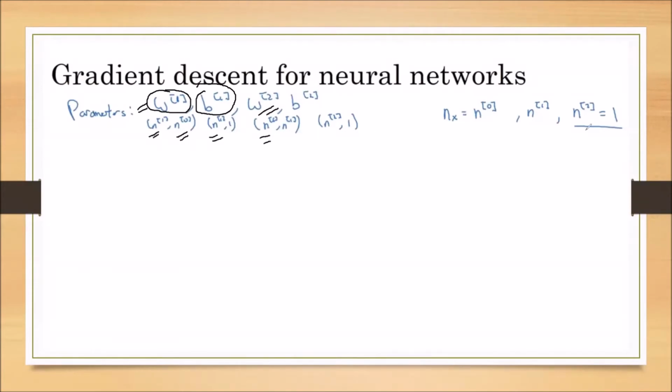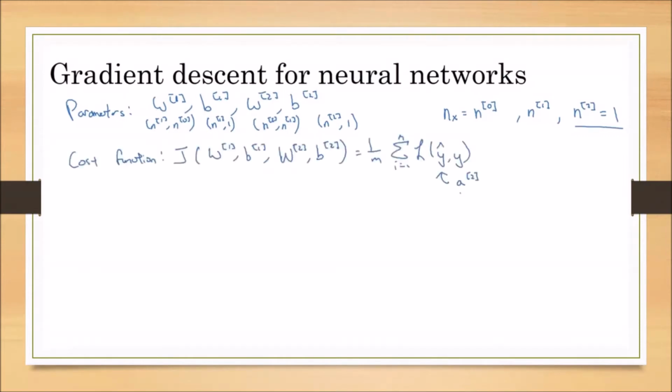decided by the number of activation units in the second layer. The number of activation units in the second layer is 1. So this is 1. And the number of columns of W superscript 2 is decided by the number of activation units in the first hidden layer. If the number of activation units in the first hidden layer is 4, then it is a 1 by 4 matrix. Similarly, we calculate B superscript 2: the number of rows of B superscript 2 is the number of activation units in the last layer. If the number of activation units in the last layer is 1, then B superscript 2 is a 1 by 1 matrix. This is how we decide the sizes of the different matrices.